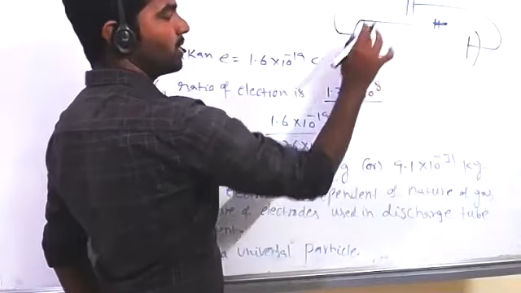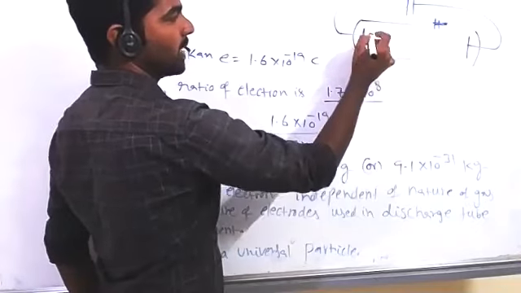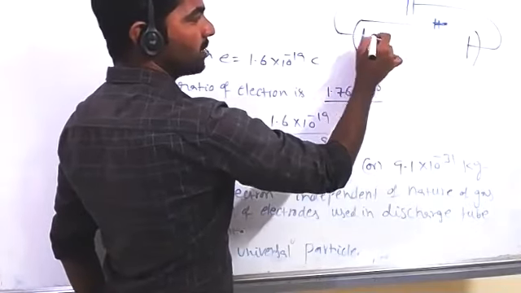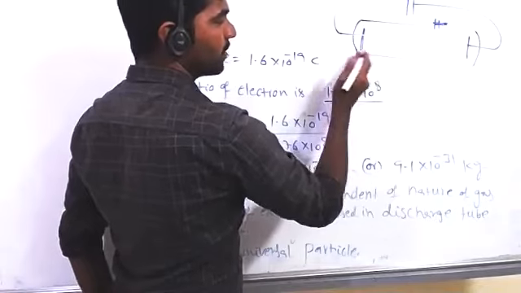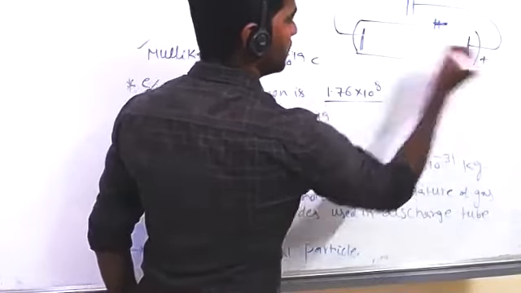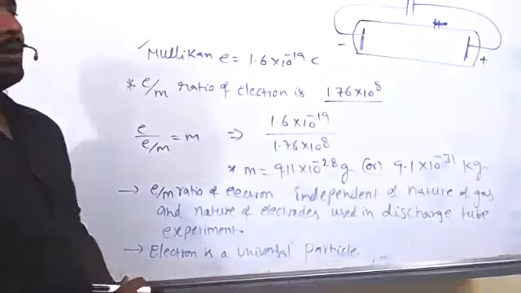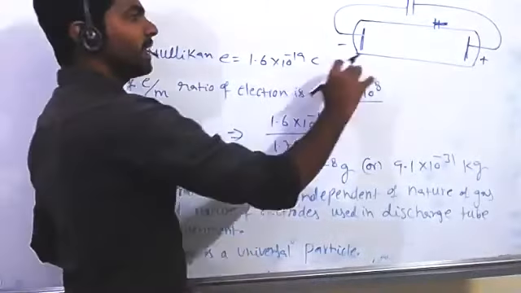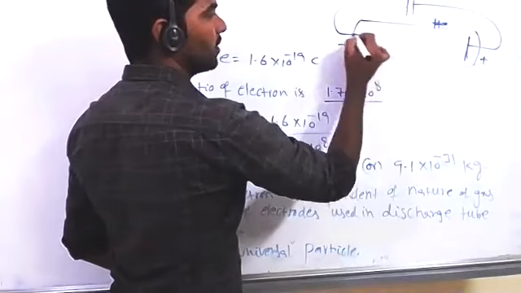First, some cathode rays are produced because of supplying high voltage. Those cathode rays always move from the cathode, left to right, or cathode side to anode side. This is the anode plate, this is the cathode plate. Now we are taking a perforated cathode. So now the cathode has some holes,